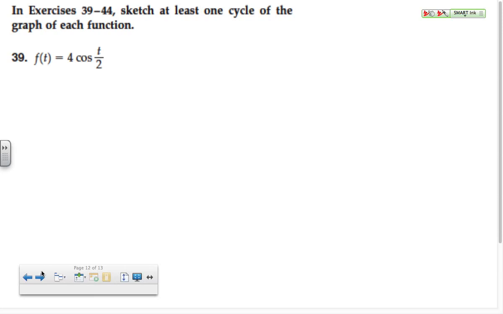All right, this one, sketch. Here we go, sketch the graph. All right, so let's first of all talk about the amplitude is 4. So this is going to be a very tall graph, and my period is 2 pi over 1/2, which is 4 pi. So this is going to be, first of all, much taller than before, and it's also going to cycle much longer. So let's go ahead and we'll draw,